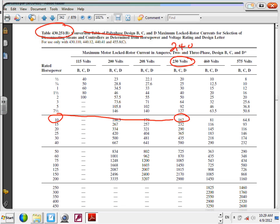The second locked rotor current is 451. Continue. 451. I don't have 451. I have to go all the way to 580. Slam that baby all the way. What's your second size? 40. So based on the locked rotor current,